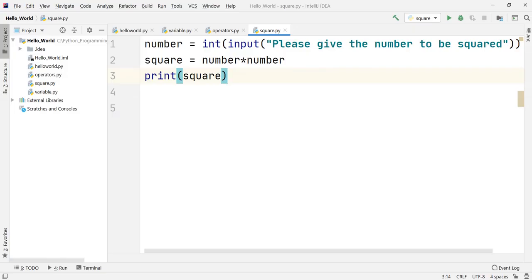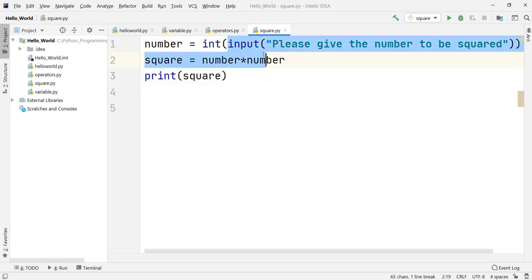So let us again go to our IntelliJ IDEA. In the last video, we were solving a problem statement, and we were asked to square a given number. In that context, we had learned how to make use of the input function, which was used to take input from the user.